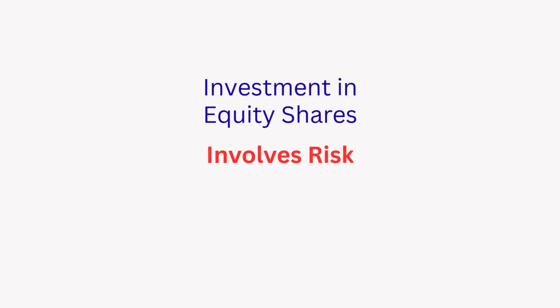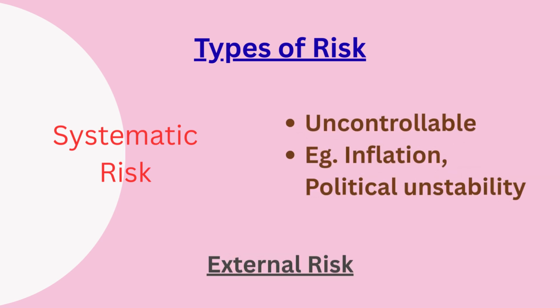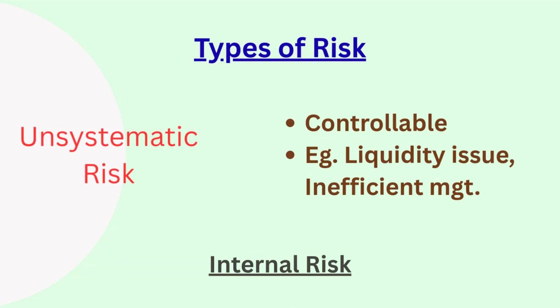But before making a diversified portfolio, you need to understand the risk involved in investing in shares. Basically, there are two types of risk. One being the systematic risk, which affects the market at large and is caused by the external factors such as global financial crisis, political distress, inflation, etc. And the other one is the unsystematic risk, which is company specific risk and is caused by internal factors of the company in which you are investing.